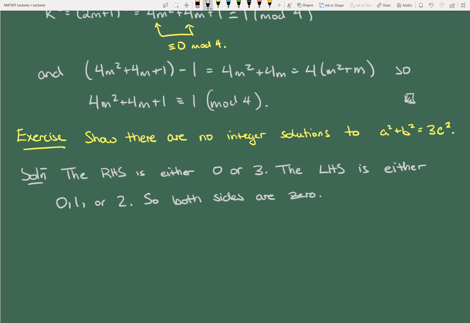And there's only one way for the left-hand side to be 0. That's if both A and B are congruent to 0, i.e. both A and B are even. Nice, right? That's way easier than doing 100 million cases. So we're immediately able to conclude that A and B and C are all even. Does that make sense so far? We're not done, but I want to make sure that everyone has understood the reasoning so far, and why the power of modular arithmetic can be used to really simplify the number of cases that we might have.